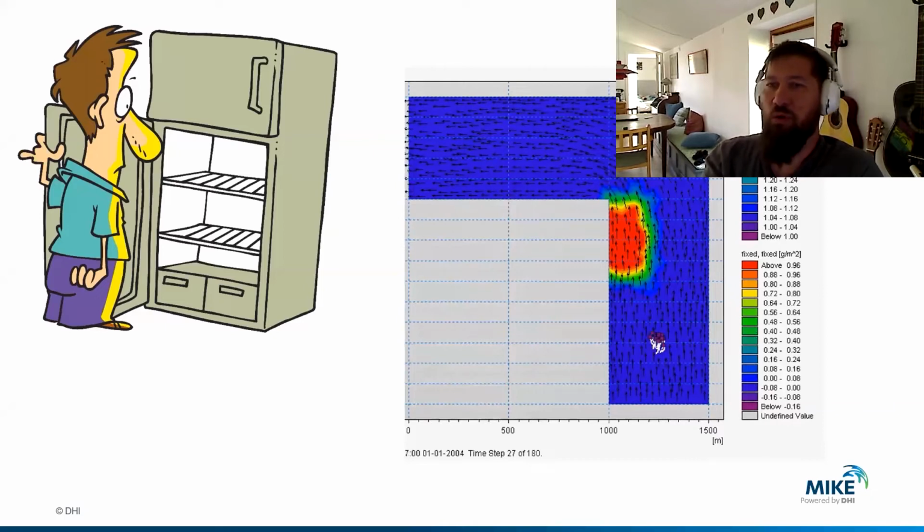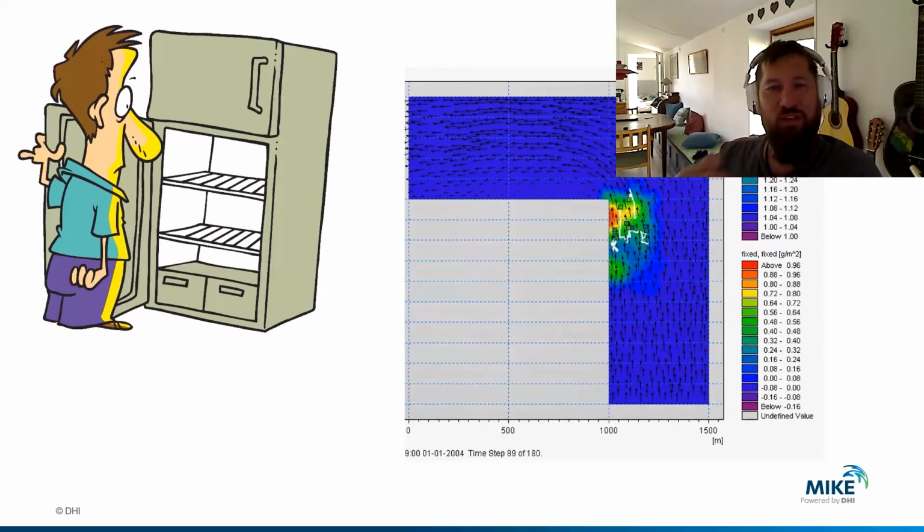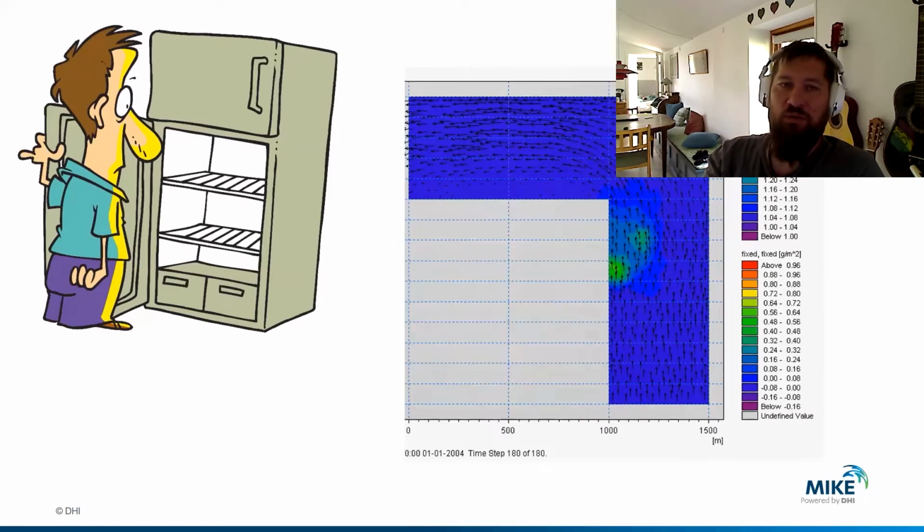So basically, they overall follow the current when they're moving, but when they find food, they'll start eating and consuming it. So they'll stay there, and their movement behavior is going to change. And when the food is done, then they're going to continue along the path down the river. So this is a very sterilized, stereotypic image of an agent-based model, of what you can do with very few means. This is a very simple model.